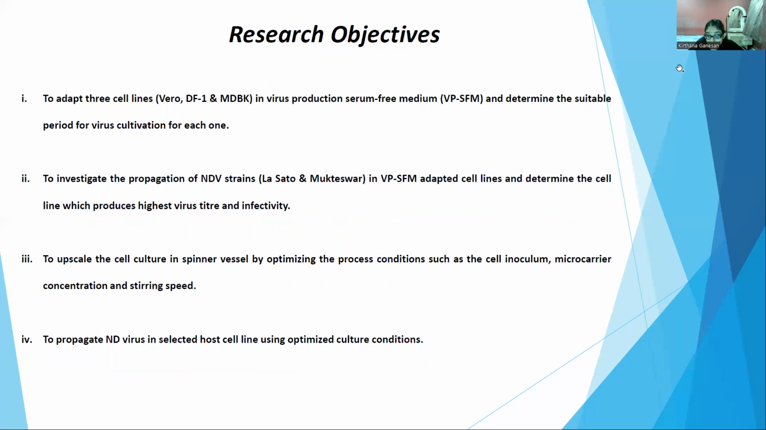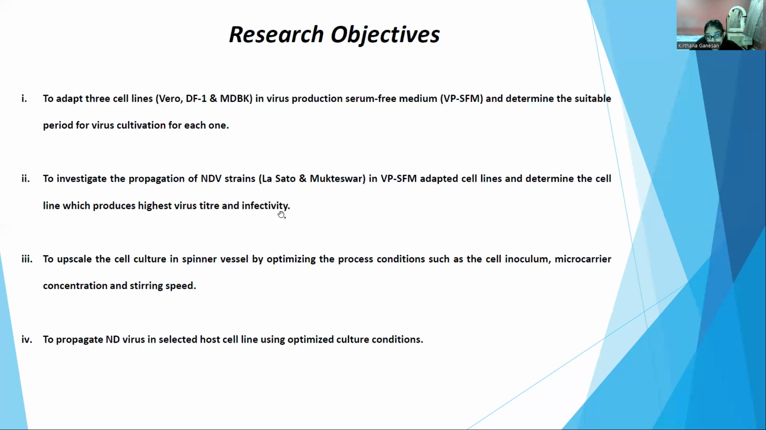Next, I'll move on to the research objectives of my project. Firstly is to adapt 3 cell lines such as Vero, DF1 and MBBK cell lines in virus production serum-free medium and determine the suitable period for virus cultivation for each one. The second research objective is basically to investigate the propagation of Newcastle disease virus strains such as La Sota and Mukteswar strains in virus production serum-free medium adapted cell lines